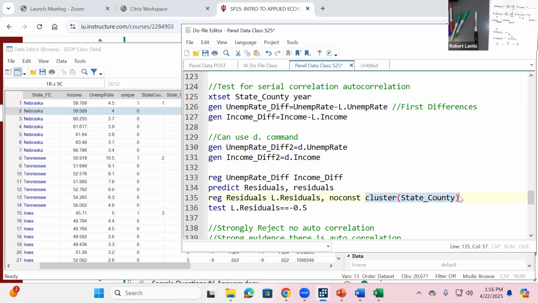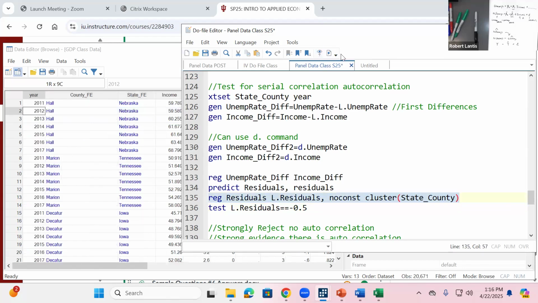And then we're going to cluster our errors at the state county level. So what this does is account for the fact that we're just looking to see if there is a correlation between the error term from this year and the previous year within each state and county. So we recognize there might be differences in the errors that exist in like New York's unemployment rates, error terms, compared to Bloomington, right? And so that's essentially what clustering those standard errors will do. So you would always cluster them at whatever you've set the panel data up as, right? Here was our state county. So once we run this regression,